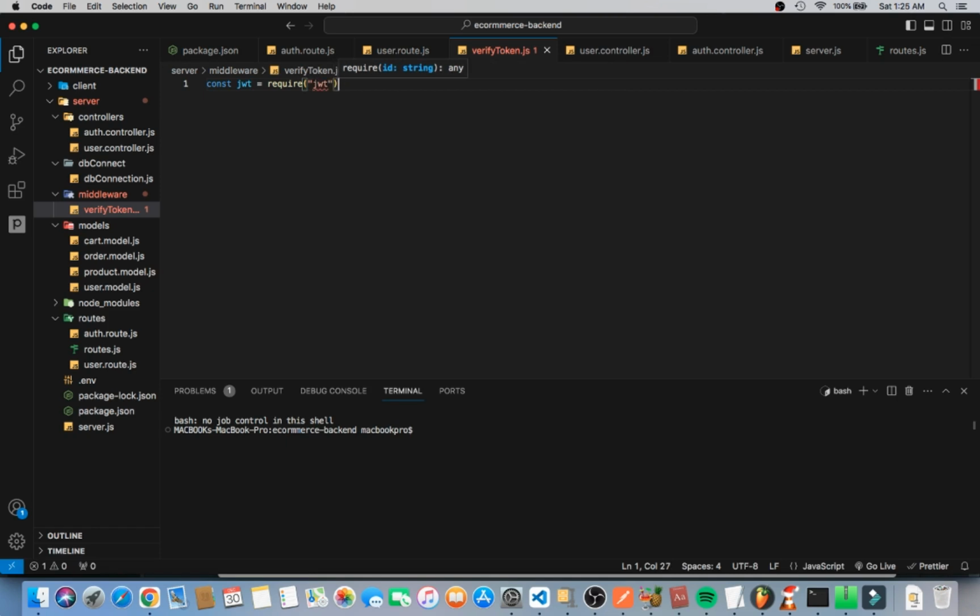Okay, now that we have JWT coming in, we want to create a function. We want to say verifyToken, the verifyToken function is equal to a request, response and next,